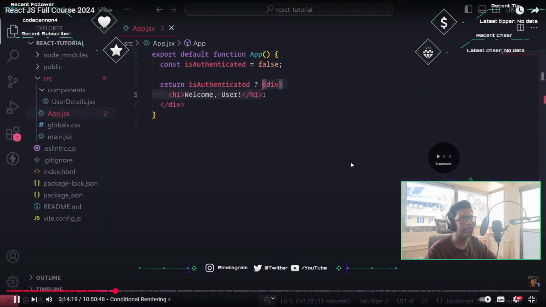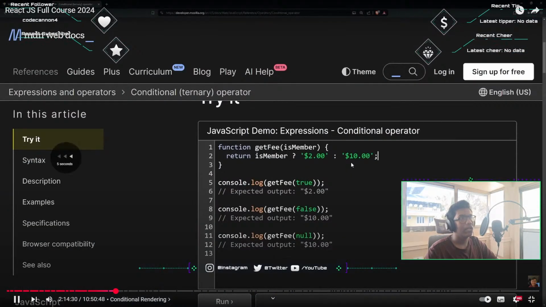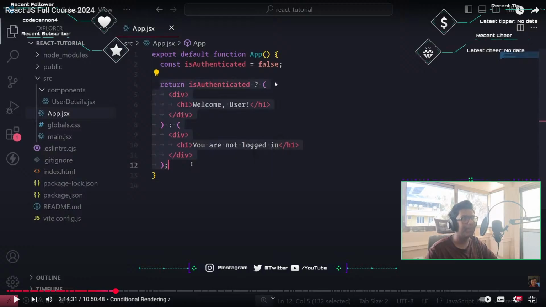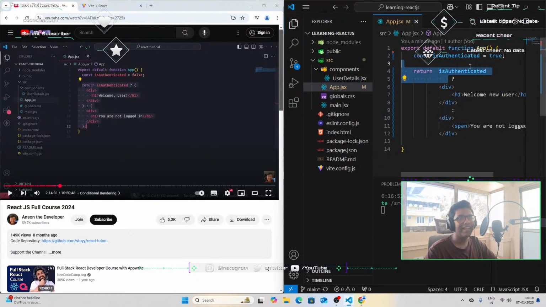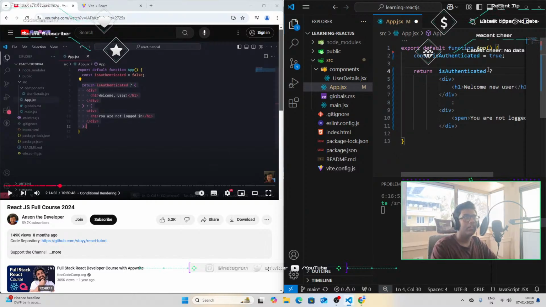We're going to skip this since we already know what a ternary operator is, and let's just check. If I go back, it's the exact same, except maybe this is the convention. I felt that this was weird. Maybe we place the question mark on the same line, and then the JSX goes on a separate line, and we put that in the